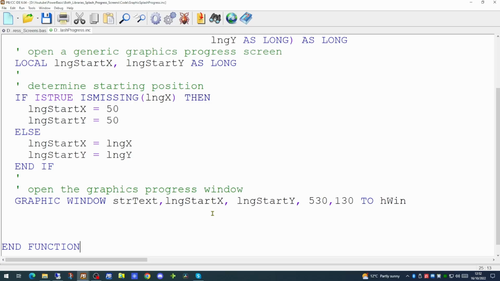As this is going to be a progress window, we don't want the user having the ability to close the graphics window. So we can use a GRAPHIC WINDOW STABILIZE command to ensure that the user does not have the option of closing the window.